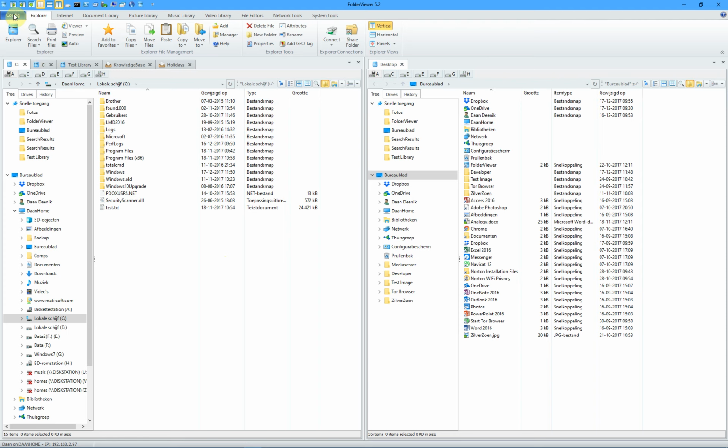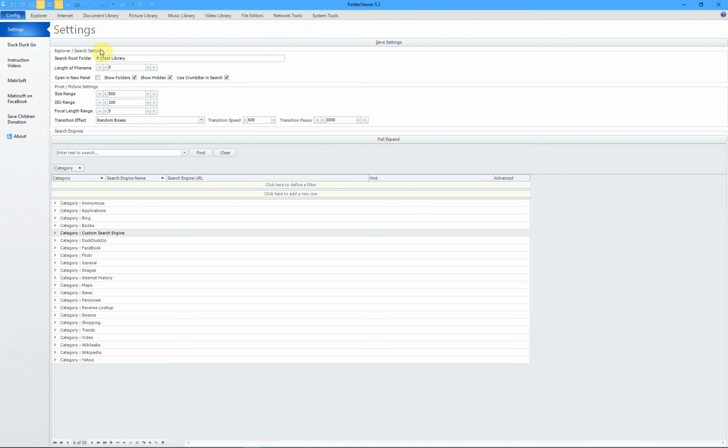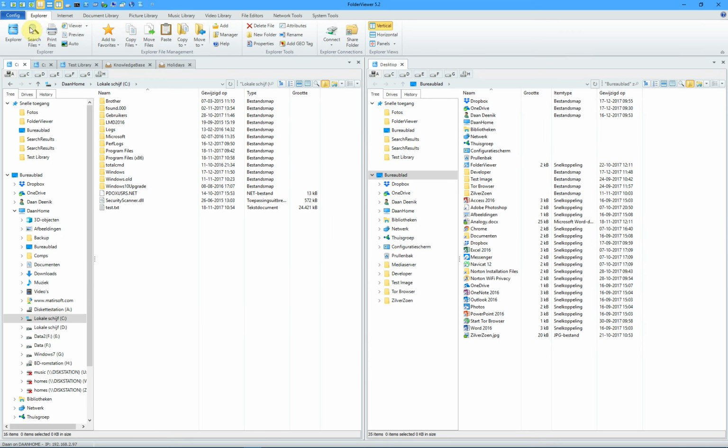The first new option is in the configuration panel. You can see the show hidden option has been added. When you checkmark this option and save the settings and go back to Explorer, you will see the difference between